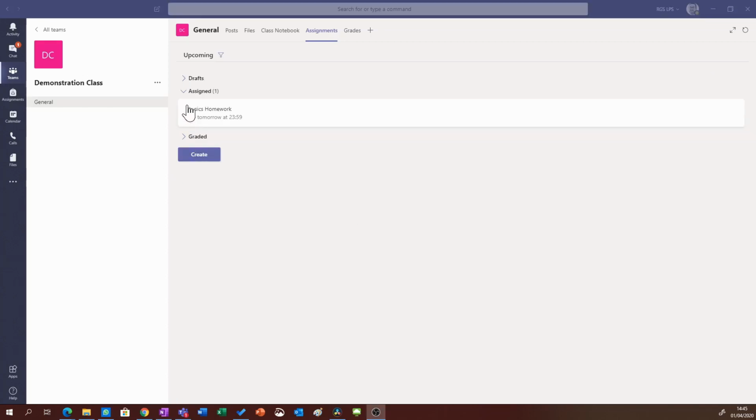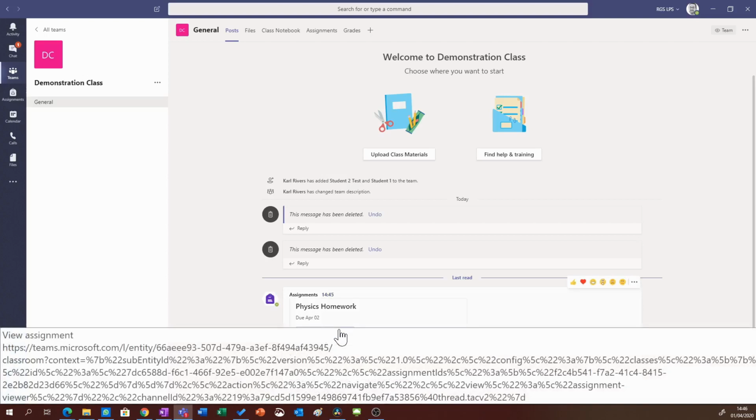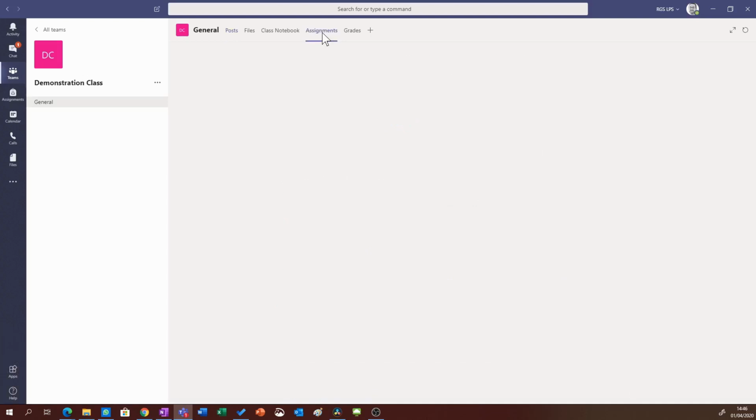So the assignment here has now been set up, and all of the students, by clicking on the Assignments tab here or on the left of Teams, will be able to see that assignment. You'll also see that there's now a notification as well in the General tab. If I go there and click Posts, all of the students will now be able to see that an assignment has been set, and they can click to view the assignment. I'm going to go back to the Assignments tab, however,